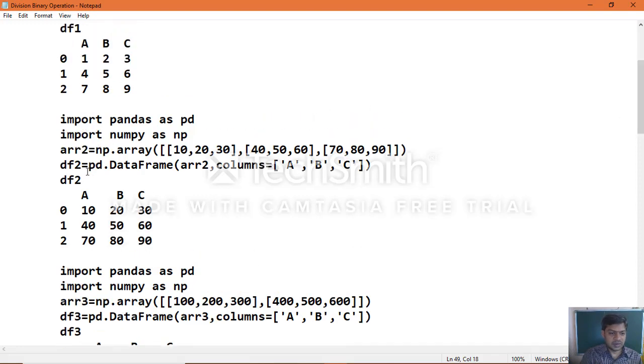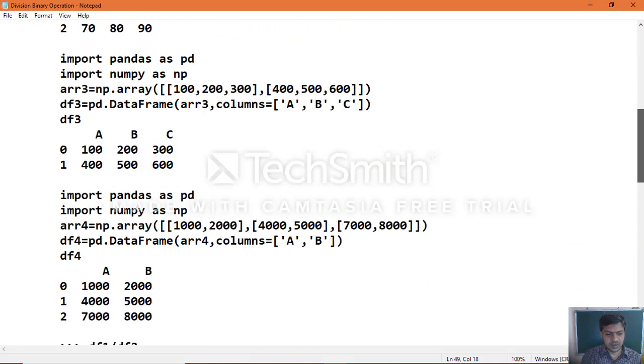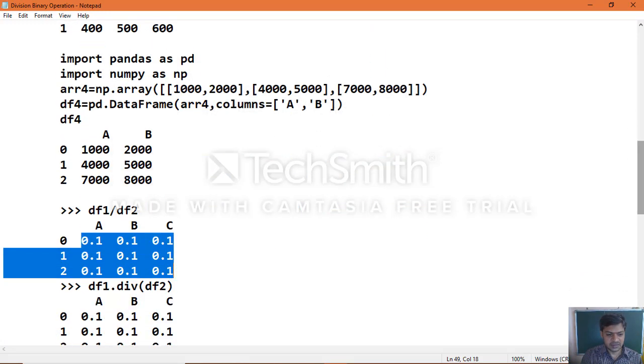So 1 divided by 10, 2 divided by 20, then 3 divided by 30, 4 divided by 40, 5 divided by 50, 6 divided by 60, 7 divided by 70, 8 divided by 80, and 9 divided by 90. Which means you will get 0.1 once the division operation executes.